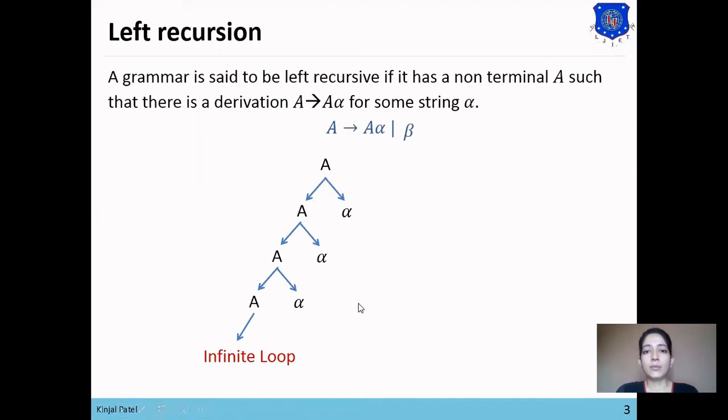So top-down parsing does not allow left recursive grammar for this reason. So we will remove left recursion from the grammar.